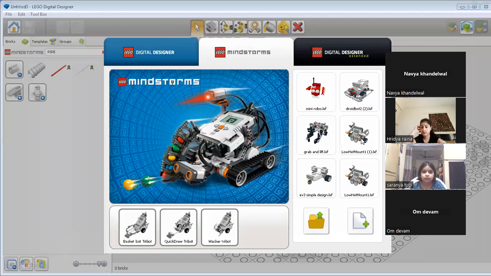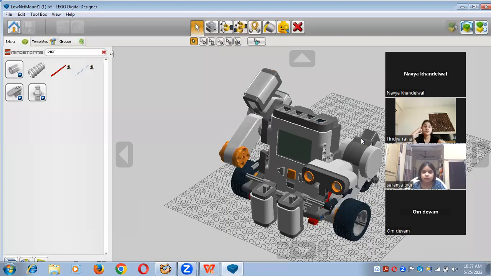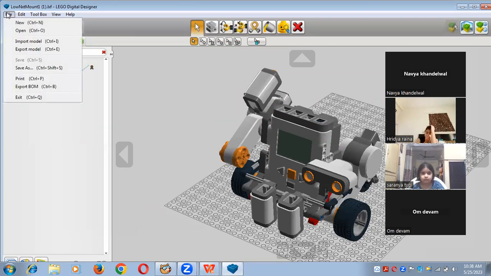I'll show you how we can design that kind of structures, right? I will help you with that through a structure tomorrow. And you can share your file as well. After saving, you can share your file. Firstly you have to save your file in your system, and after that you can share your file with anyone. Okay,